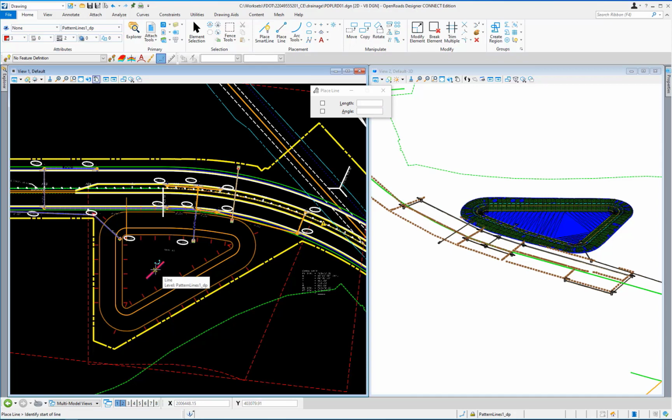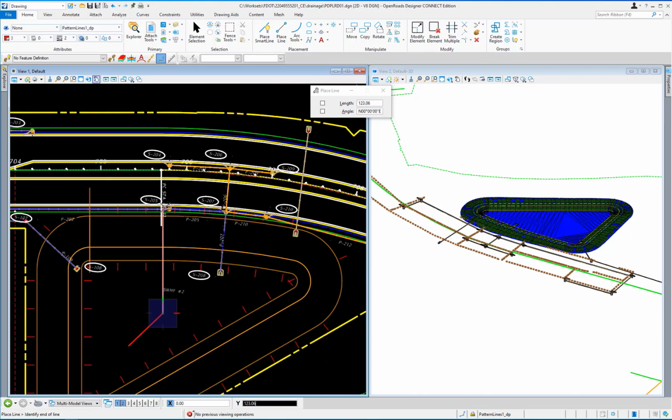This temporary line will be the start point for all 4 of the pond section pattern lines. Snap to and left-click on the right end of the temporary line to start the first pattern line. Move the cursor up towards the roadway centerline element and hit the Enter key to lock the AccuDraw axis to vertical.